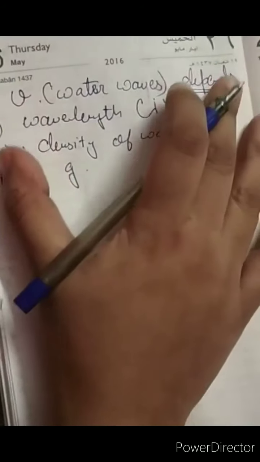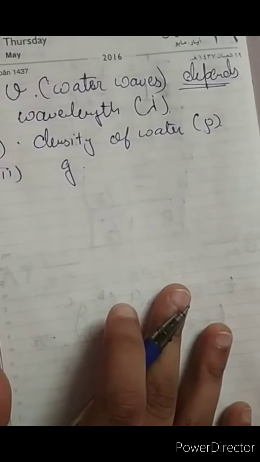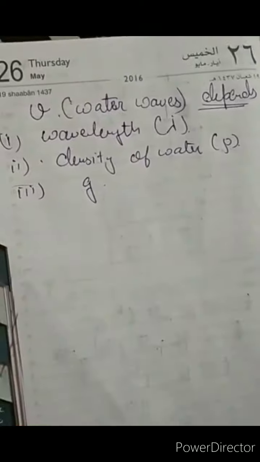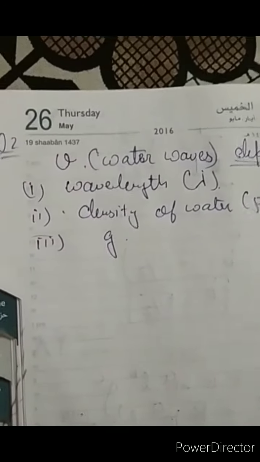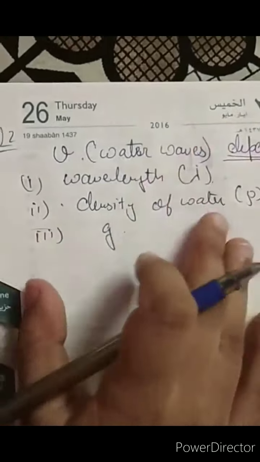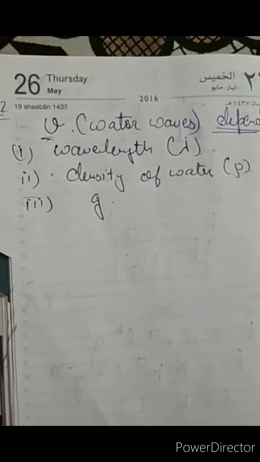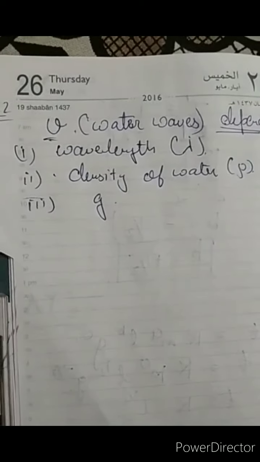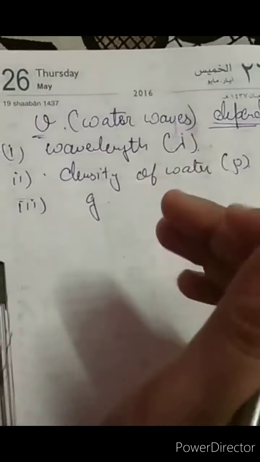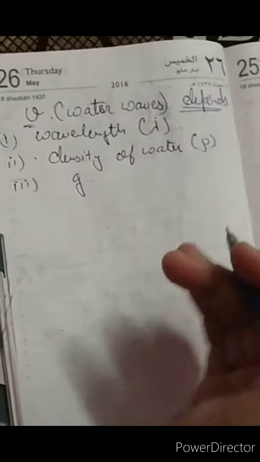You have to establish dimensionally the relationship between these quantities. So with the help of the dimensional formula, we can find the relationship between V and these three terms, or in a simple way, the formula. You have to derive the formula with the help of dimensional analysis. What a use of it. Very nice.